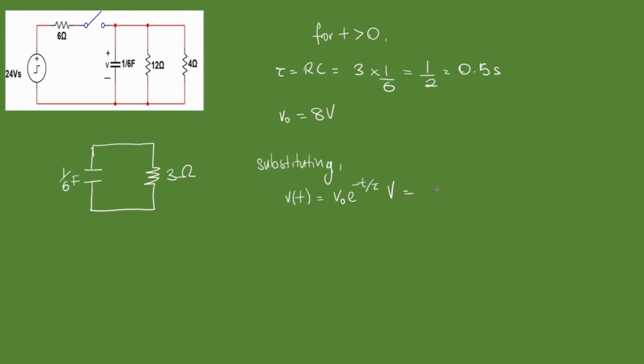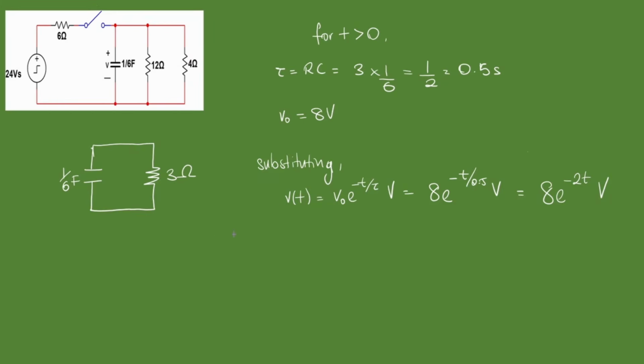So we can just substitute. That's 8 e to the minus t over 0.5 volts. Since we're dividing by 1/2, we can just take that up. So that's 8 e to the minus 2t volts, which is our formula for the voltage across the capacitor